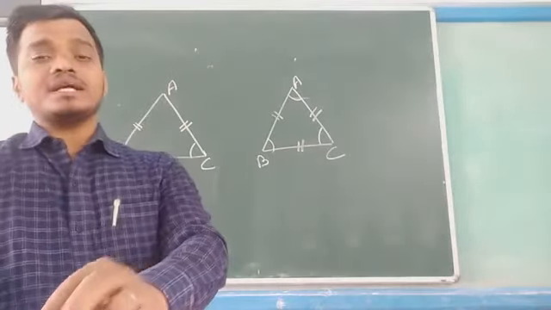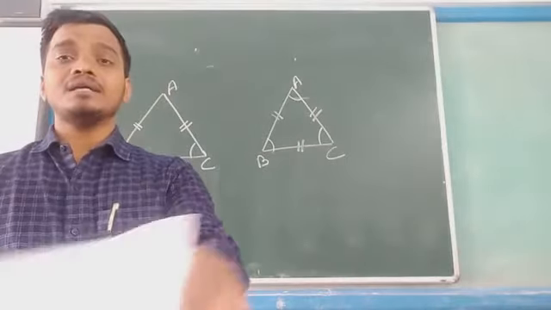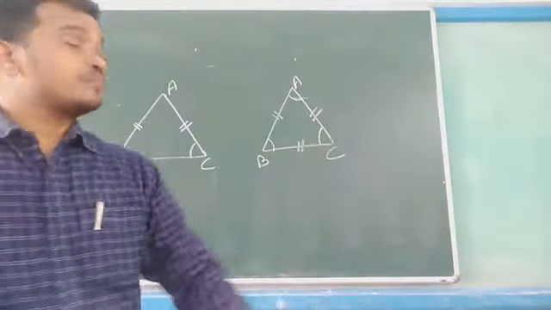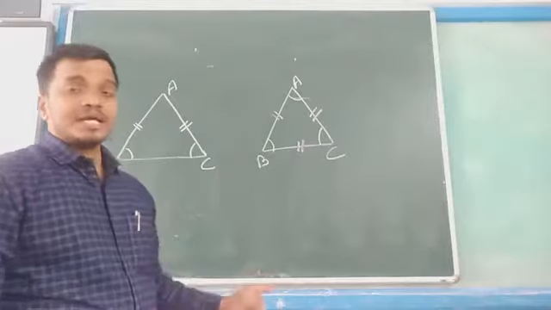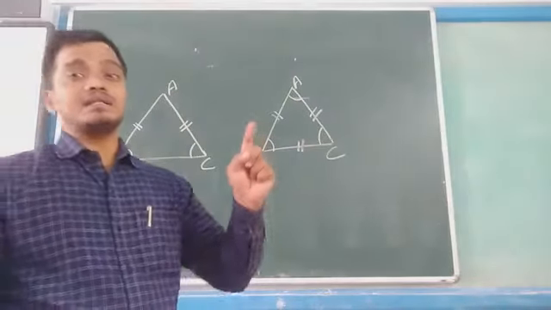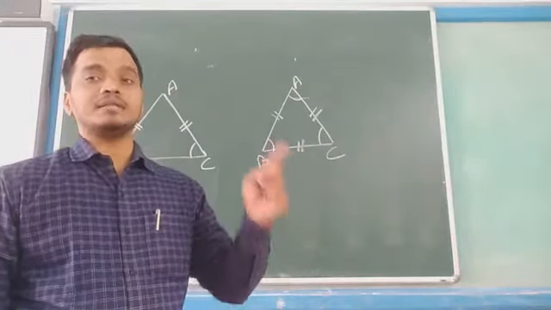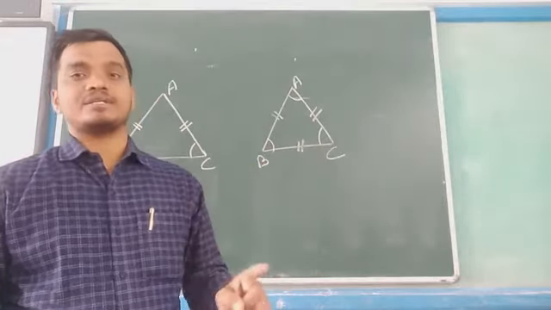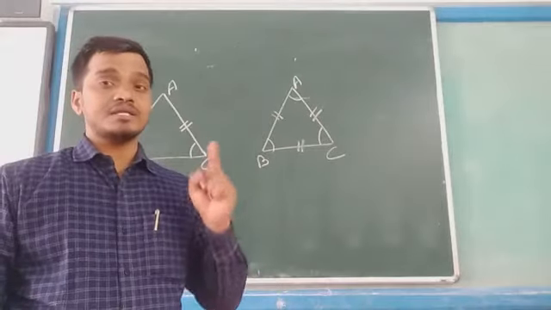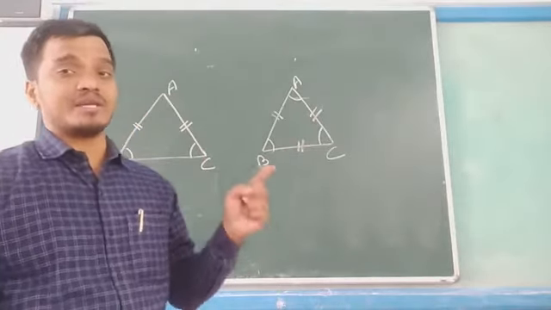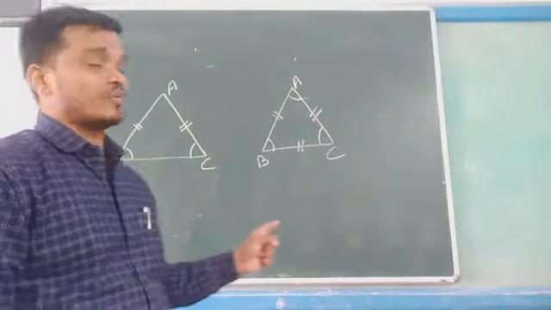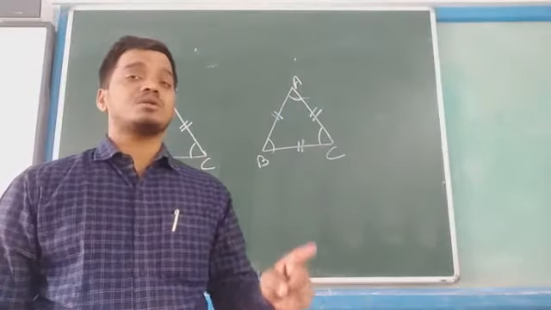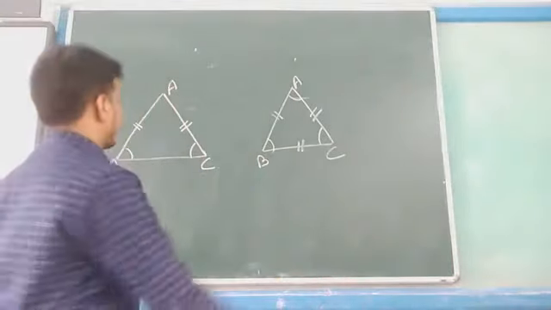Okay, so there are 6 types of triangles. The triangles are acute angle triangle, obtuse angle triangle, right angle triangle, then scalene triangle, isosceles triangle, and then equilateral triangle. And the property of isosceles and equilateral triangles is very important, that the angle which is opposite to the equal side is also equal to each other.